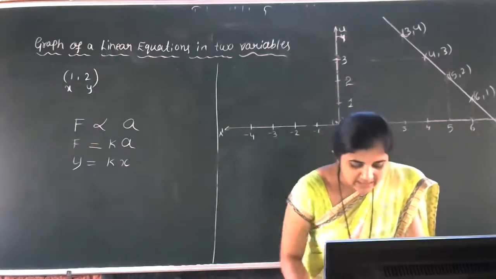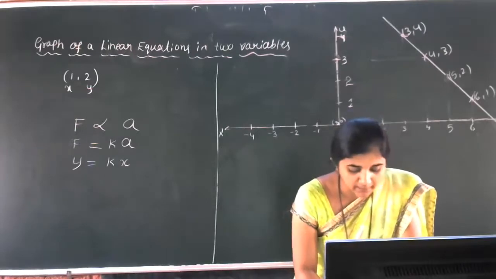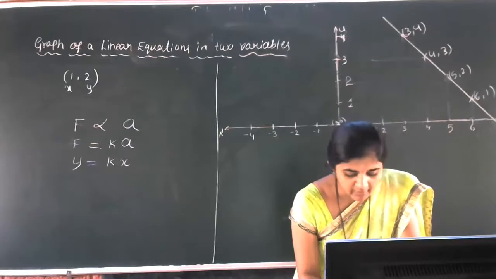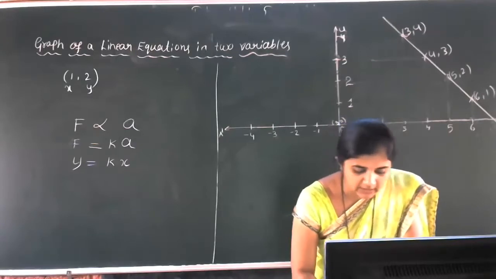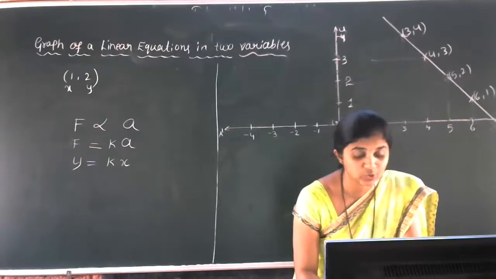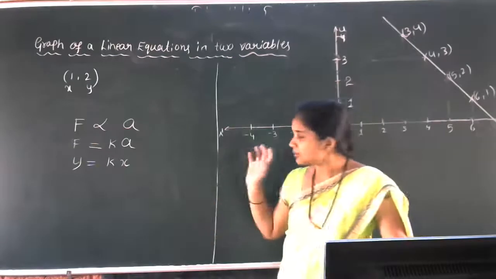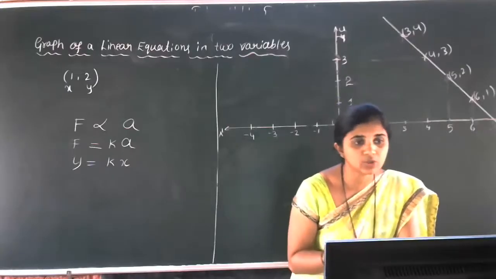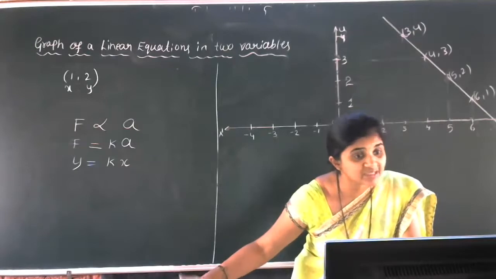Now, since we do not know what k is, we cannot draw the precise graph of y is equal to kx. However, if we give an assumed value of k, then we can draw the graph. Let us take k is equal to 3. You have to read that example problem. They are telling that k is a constant, but the constant value is not given actually. So we cannot draw the graph of y is equal to kx.